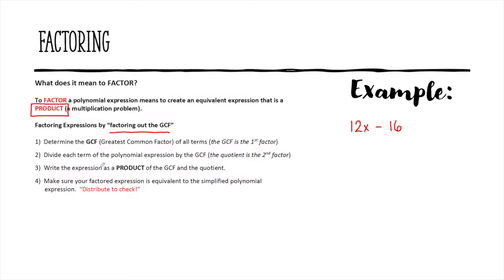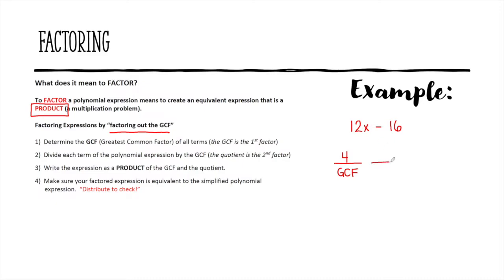So here we go. I'm going to work you through all these steps here. The first step is you want to take the terms that are in the binomial, or whatever the expression is, and you want to find the GCF. So if you look at 12x and 16, we're looking for the largest number that goes into both. So the largest number here is going to be 4. Okay? You might be asking, why isn't it 4x? Well, because they don't both have an x, so they don't share it. They don't have it in common.